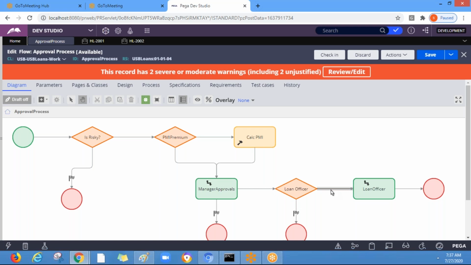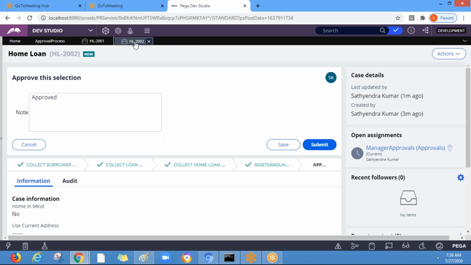If it is home loan and the loan amount is lesser than or equal to 35 lakhs, but we have entered the loan amount more than 60 lakhs, I mean more than 35 lakhs, right? So it should always go to the loan officer approvals now, and let's see.